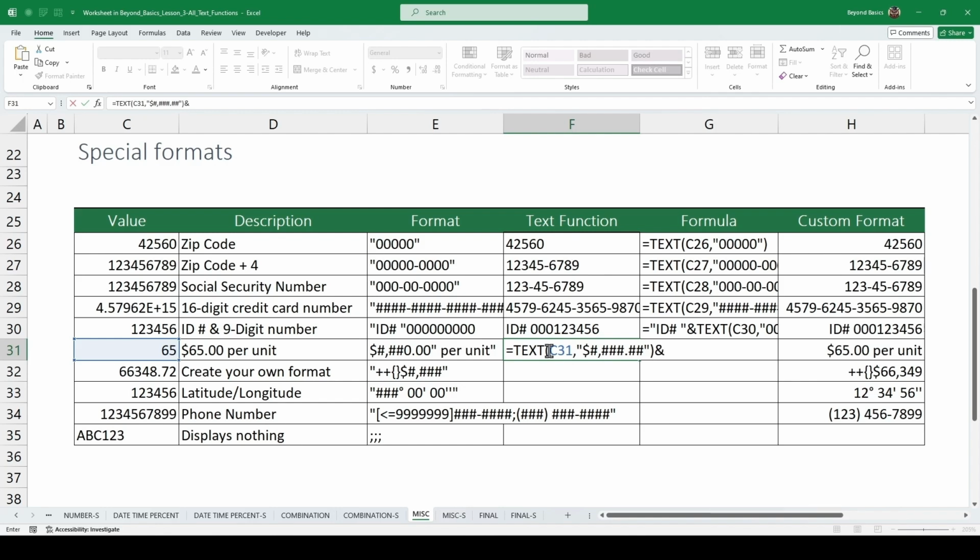Now we'll use an ampersand to join the text, which is per unit. Press Control Enter. Alright, we made a small mistake here. So what we need to do is replace this with a 0 and this too with a couple of zeros. Alright, and press Control Enter. Now we can see that we have the currency format with 2 decimal places with the words per unit at